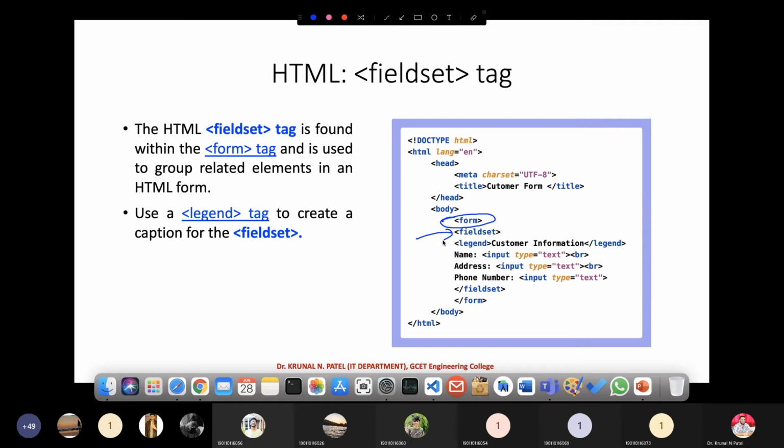In a fieldset, I'm putting a legend, right? So what kind of difference you will find when you go for a fieldset and the legend? Here you can see that it is used to group related elements in HTML forms.